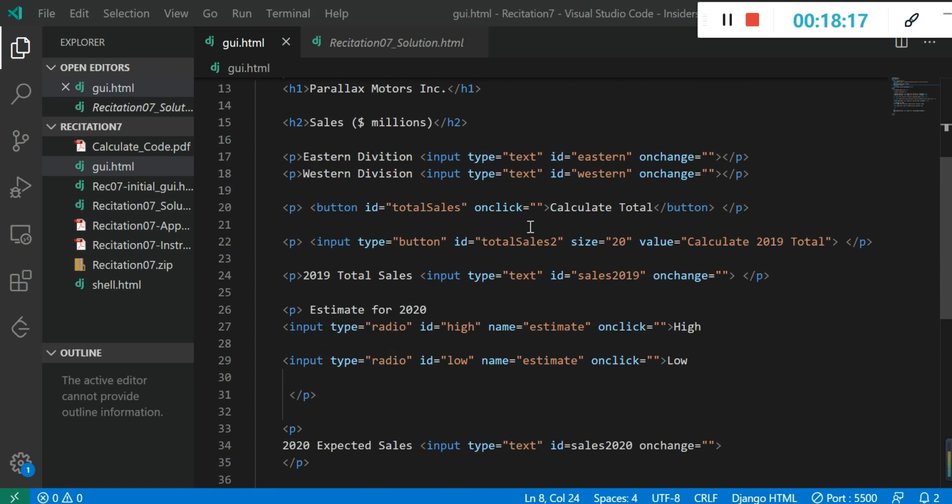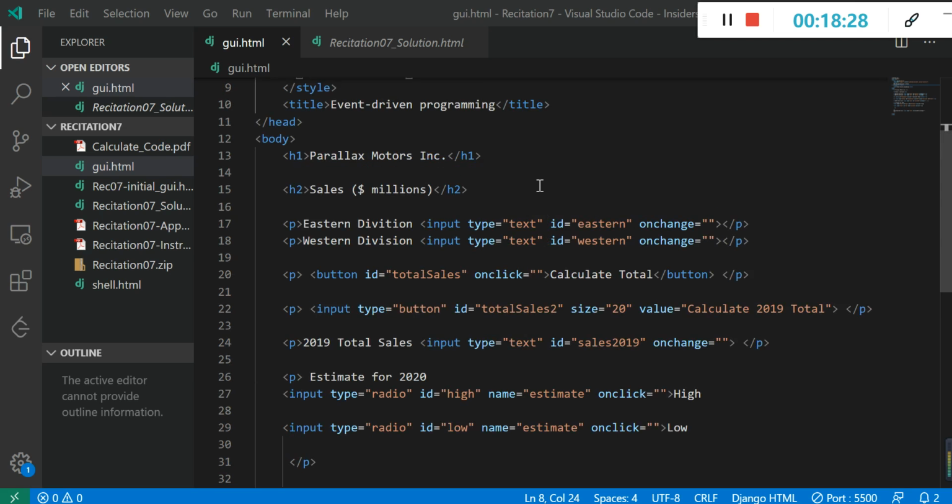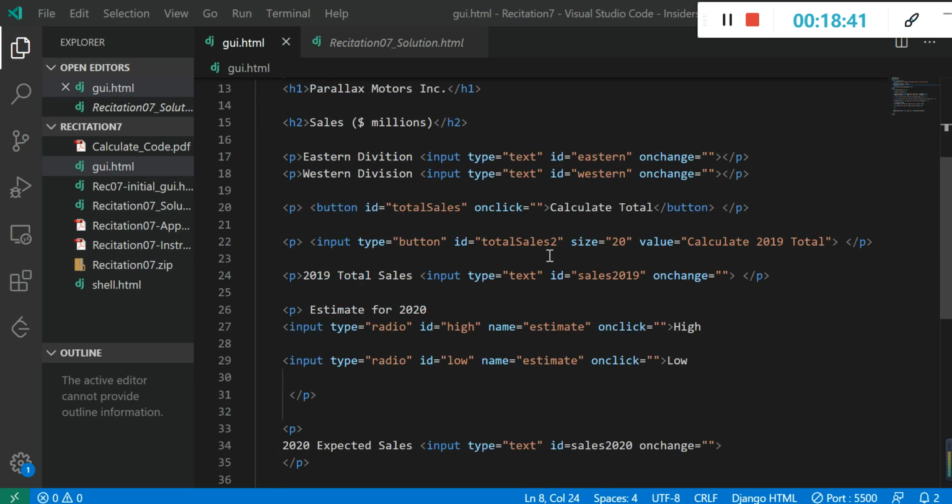So where should we add the necessary computation code within our web page? During the last recitation, I talked about how, if we want to add JavaScript code into our web page, we need to use a script tag, right? But for this recitation, things will be a little bit different. Where we need to add the computation JavaScript code is within the input tag. Right here, you can see